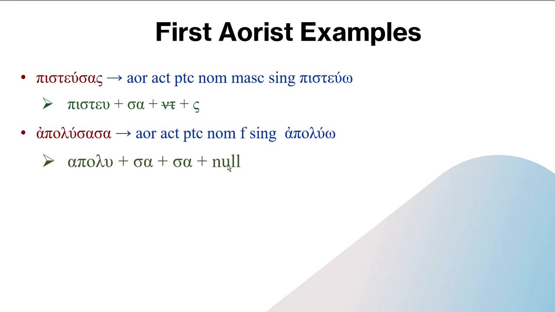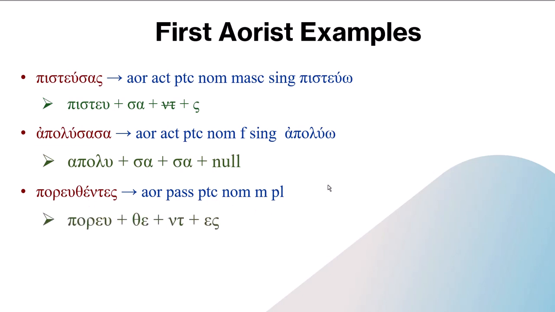and a null, which would be our nominative. But normally it's simpler just to look at an a as the nominative feminine singular ending. This comes from the verb apaluo. Then we have paruthentes. Well, the thent is telling us aorist passive, so aorist passive participle. This is from paruamai. I didn't put that down, but it's paruamai. We have paru plus the, tense formative, plus the nu tau participle morpheme, plus s is the nominative masculine plural